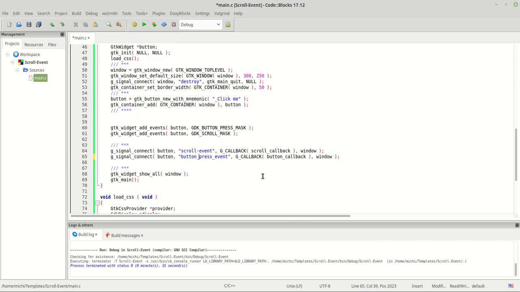And we'll learn about scroll events, about how you are using them, how you can apply them